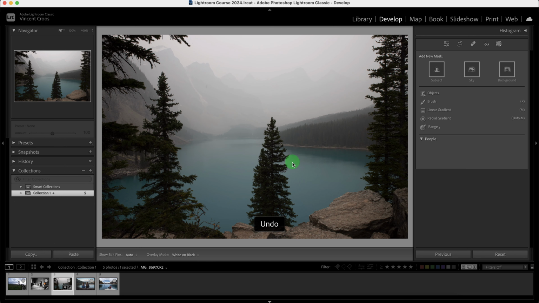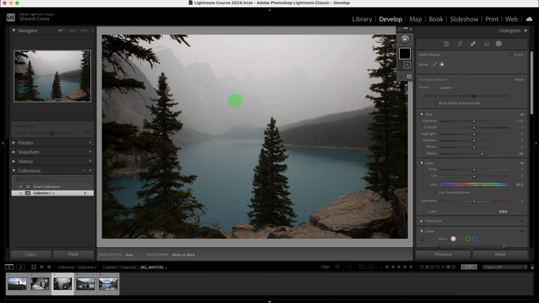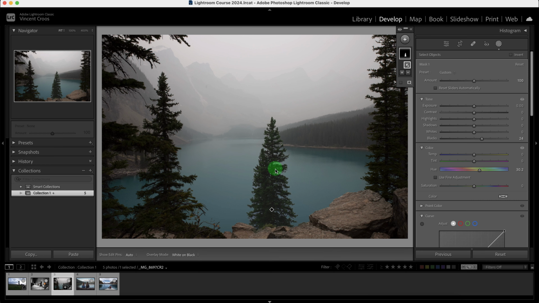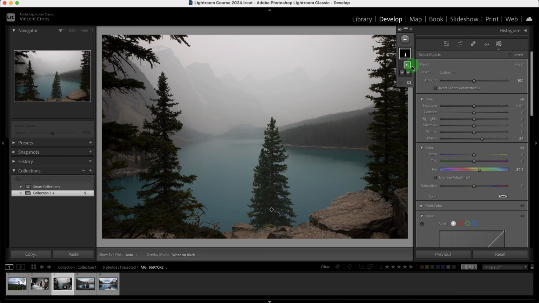I can undo that as well and click on it again, and instead of painting over it, I can click on this icon here, and then I can create a square over it. And then I can select it, and as you can see, it did a pretty good job with the mask, and it did a pretty good job with the water here in between some of the leaves. So if I want, I can mess around with this tree now, and that's how you use the object mask